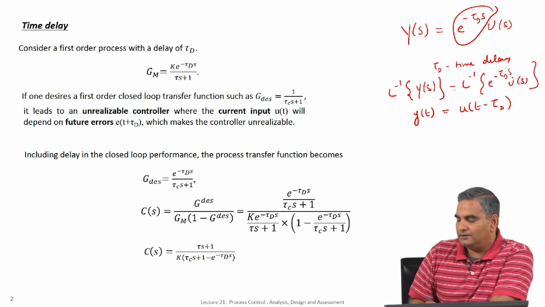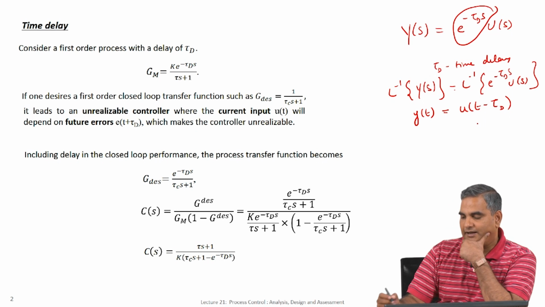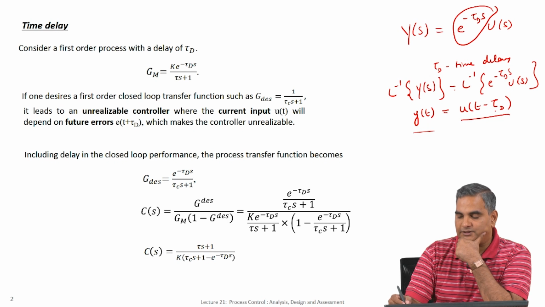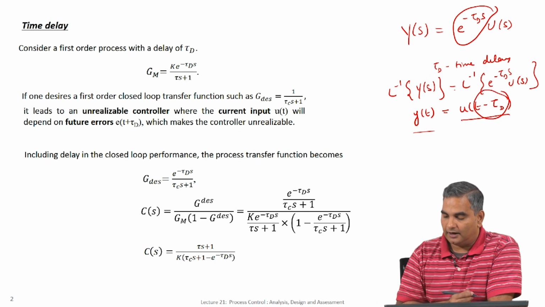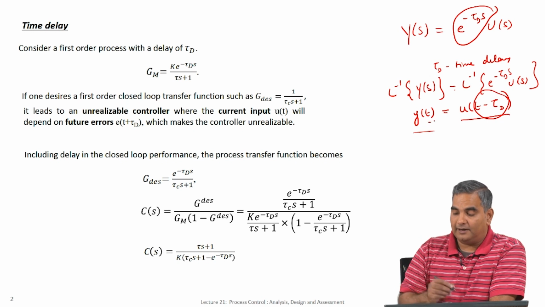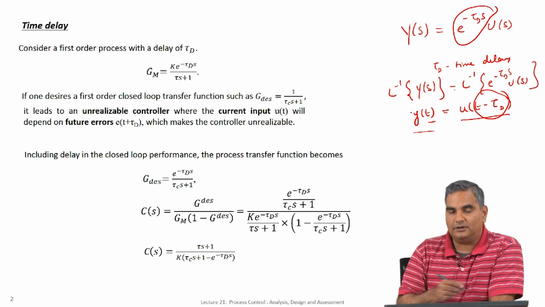So, what this basically says is, if you look at this equation, let us say I make a change in u and I want to observe the change in y. I observe the change in y at time t for the changes made at time t minus tau d. Whatever I made in terms of changes at time t minus tau d manifests itself only at time t. So, there is a delay of tau d time. I have to wait for tau d amount of time before I actually see the effect.